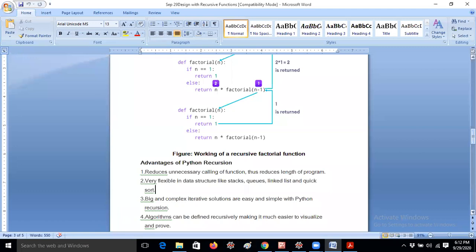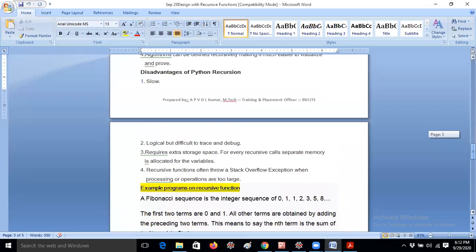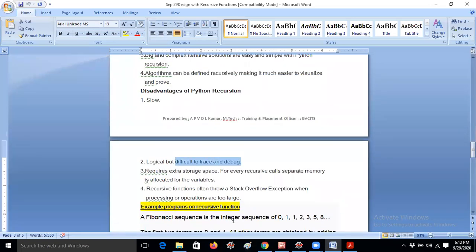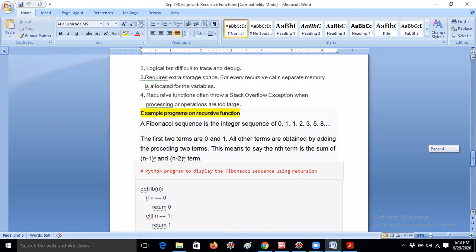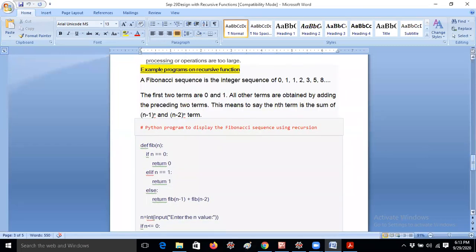Okay, so recursion is far better than loops from some points of view, but sometimes logically it's difficult to trace and debug. That means some students may not understand recursion, because if you give 3 recursion techniques in a single body, some may get confused. It is also somewhat slow compared to iterations, so some students may think that loops are better compared to recursion. But usually I will tell you guys, recursion is far better compared to iteration. Iterations are nothing but loops.